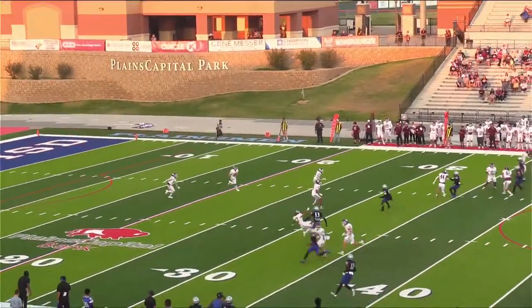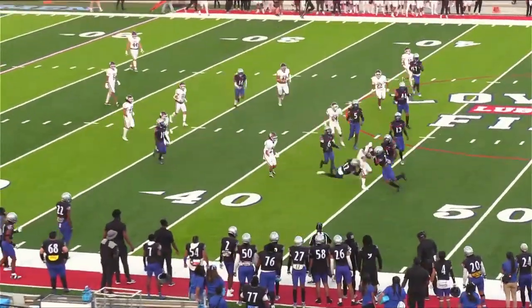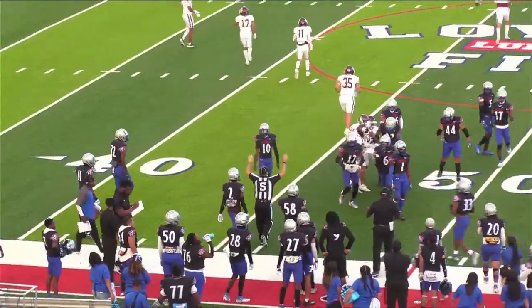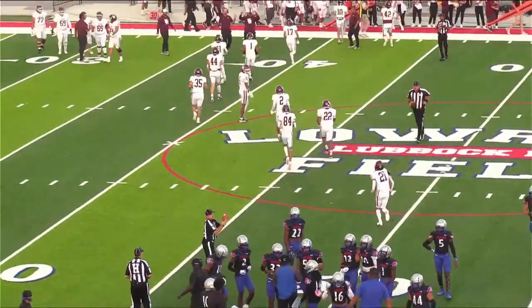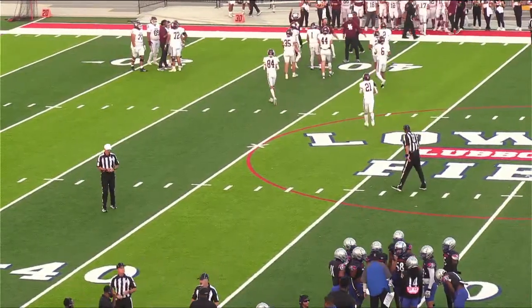Kickoff to Lopez. He's got it running 15, 20, 25, big hole, 30, 35, 40, out to the 45-yard line, still on his feet to the 47-yard line. Great run back by Brylan Lopez, and the Whitefaces have it 1st and 10 with 10:40 left in the first quarter. Yeah, just a great job finding a seam there, and just a huge return,